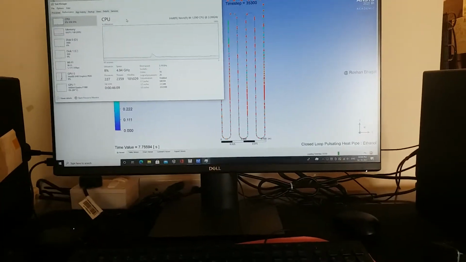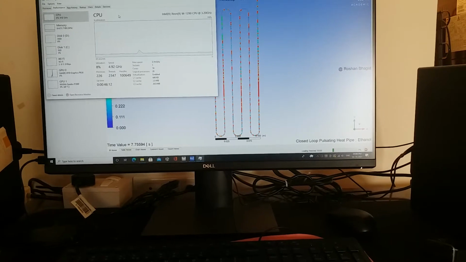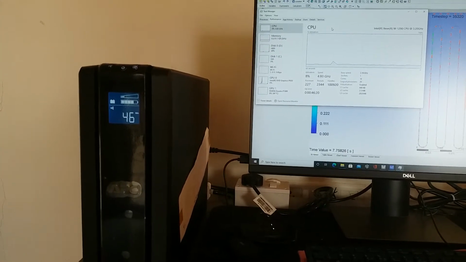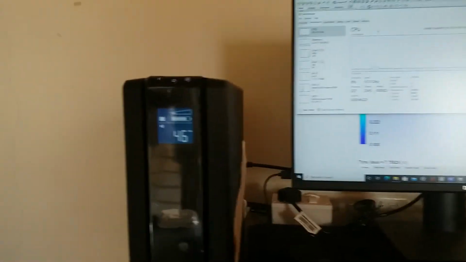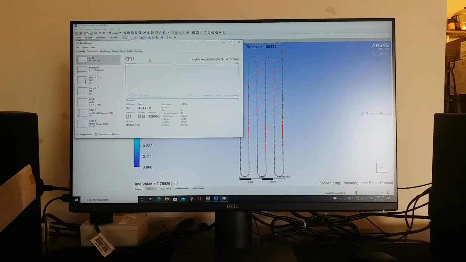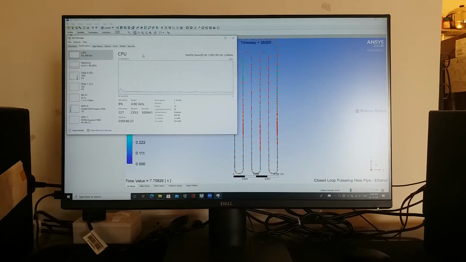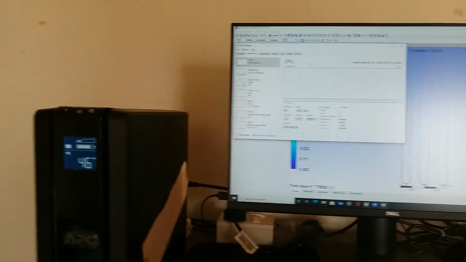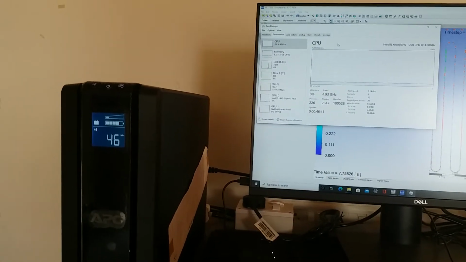So you can just check out the time. Continuous beep noise is coming, 46 minutes. Actually, we cannot stop the simulation in between. That's why I will check whether, during the power interruption which has taken place, the UPS gives us the required backup or not. So right now it is 46 over here. The simulation is running.